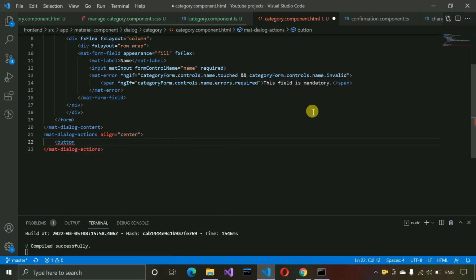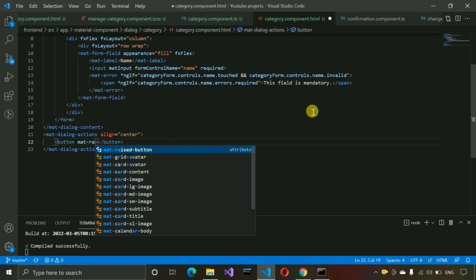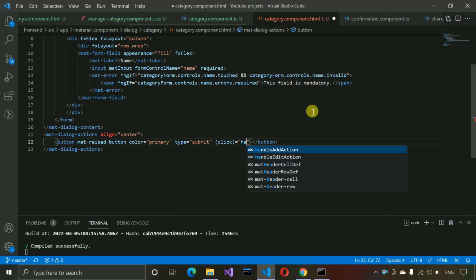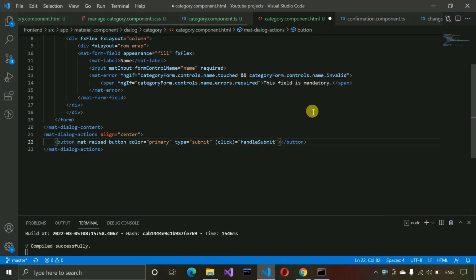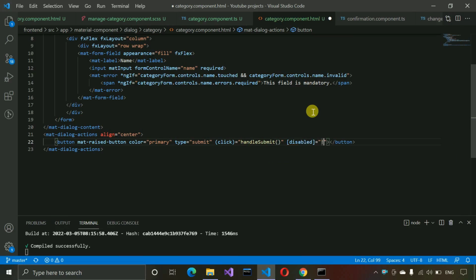So button, and it should be mat raised button, this one, and the color primary, and after that type will be submit, and the click we are going to call handle submit method, this one, and after that we also need to disable this, or enable this button according to some conditions. So the condition will be